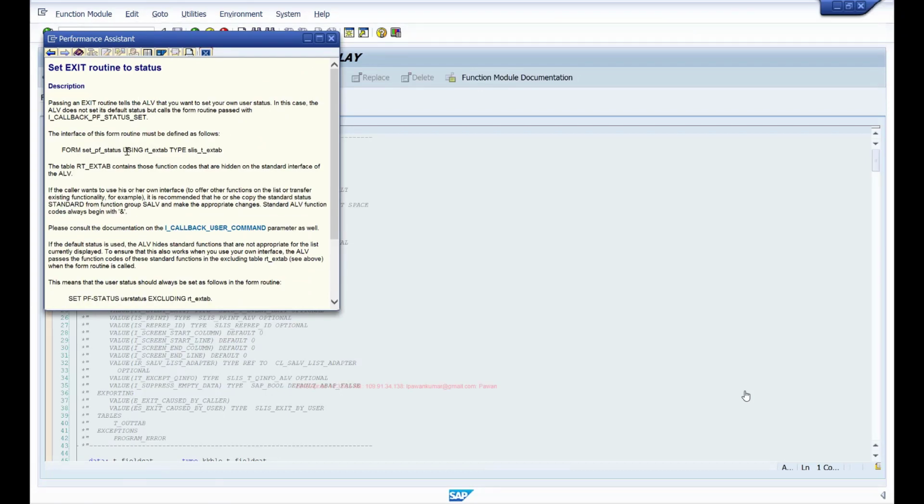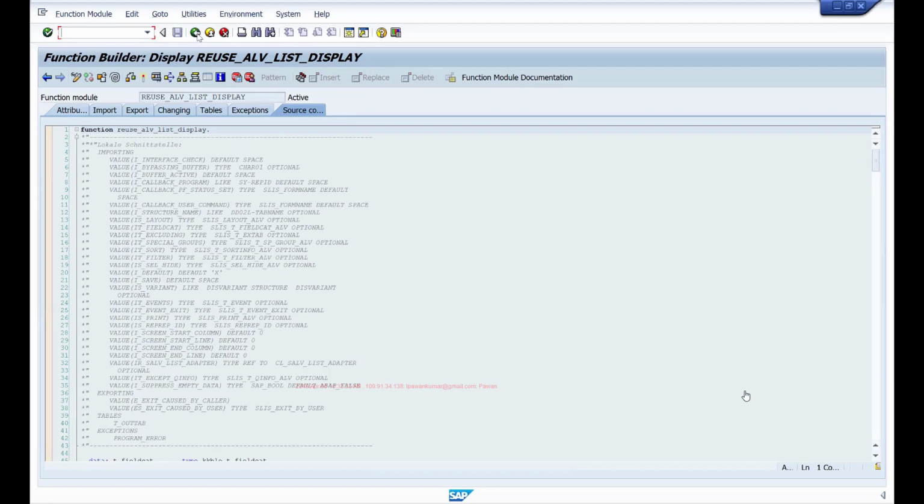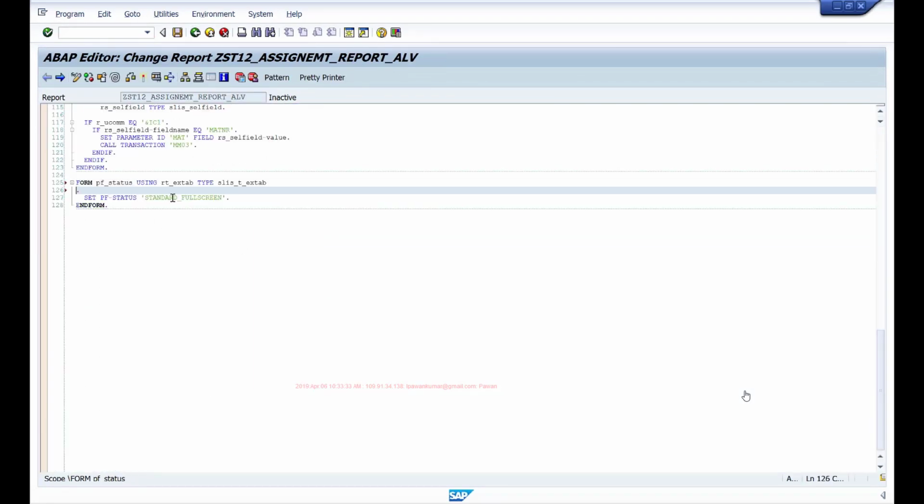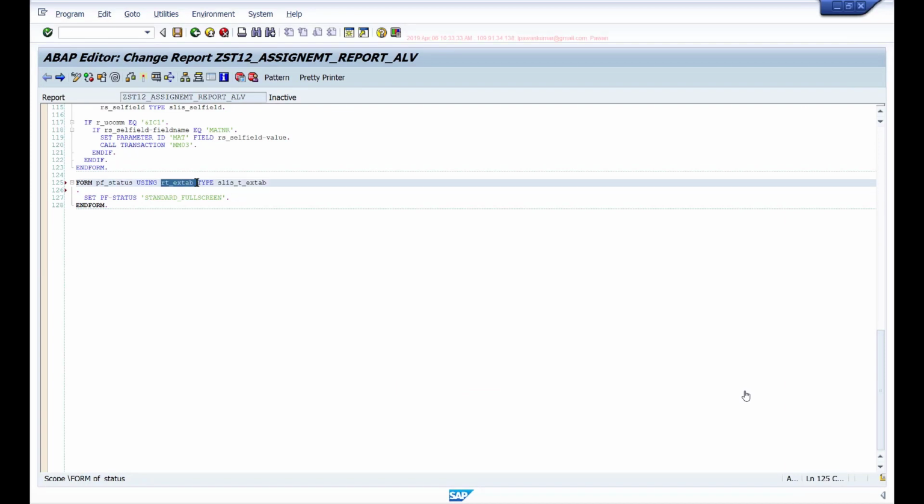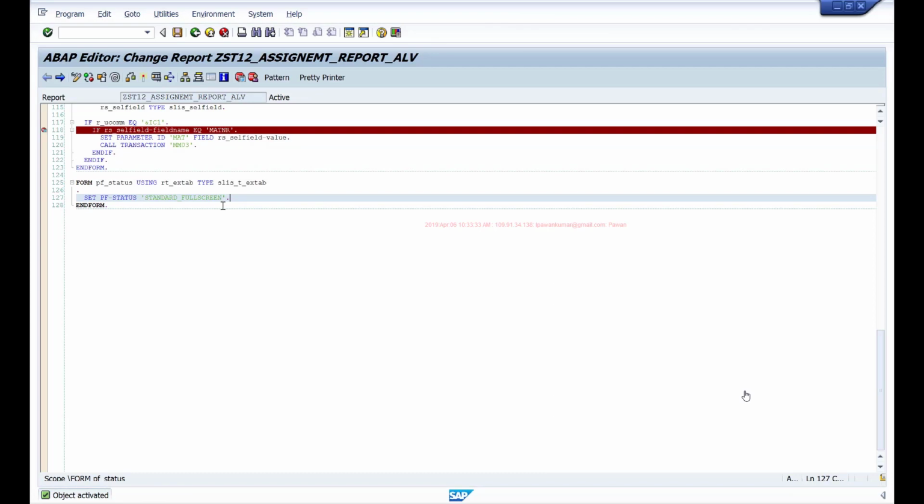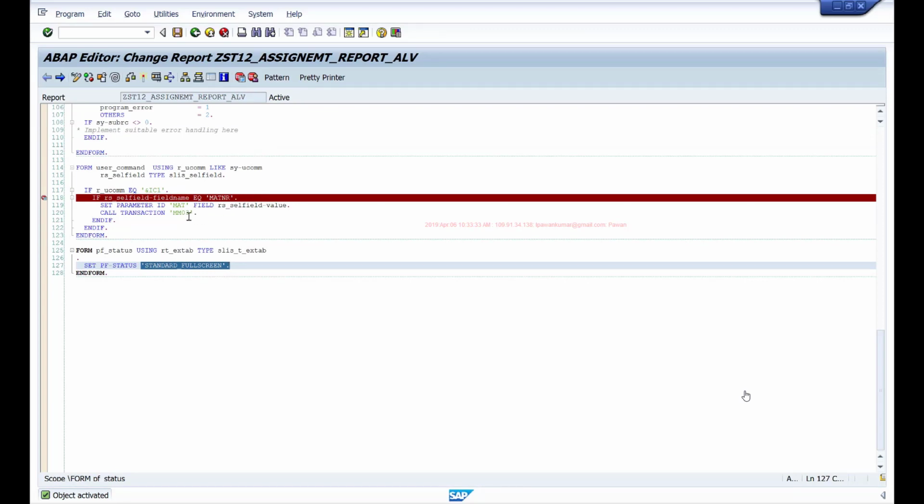So this is the formal parameter we should have. Basically, this RTXTab will have all the function codes of the ALV, the GUI status basically, and we can use this to dynamically hide or enable fields. So I'll show that in a while. So now it will load our PF status instead of the standard ALV PF status, and in that we have maintained that